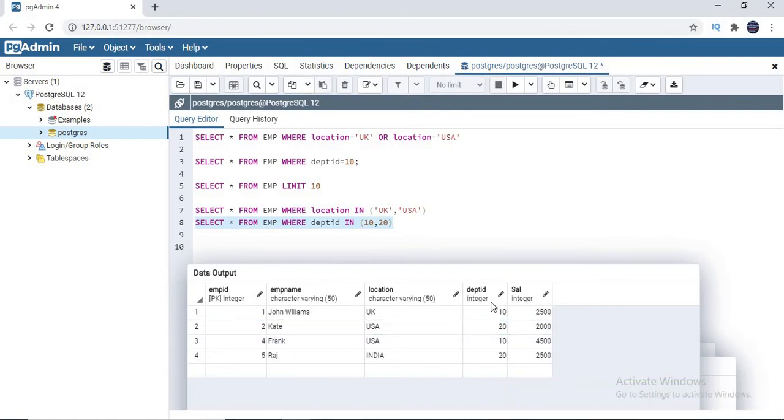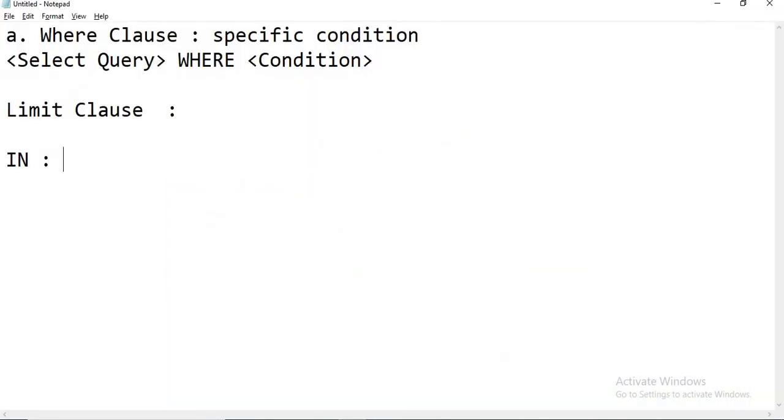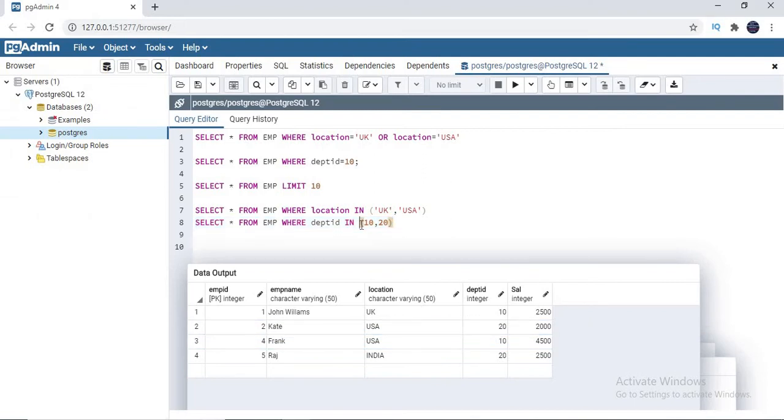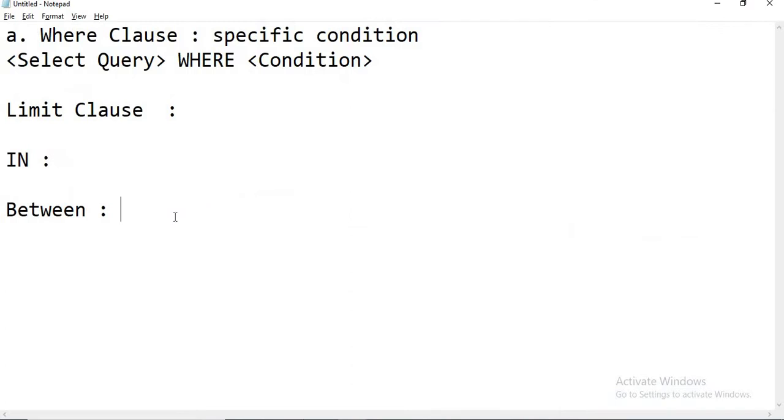So the next clause is between. You understand here that the in clause is suitable when you have a collection of values. You need a result from a collection of departments, so that time it is better to use in. Now there is one more scenario.